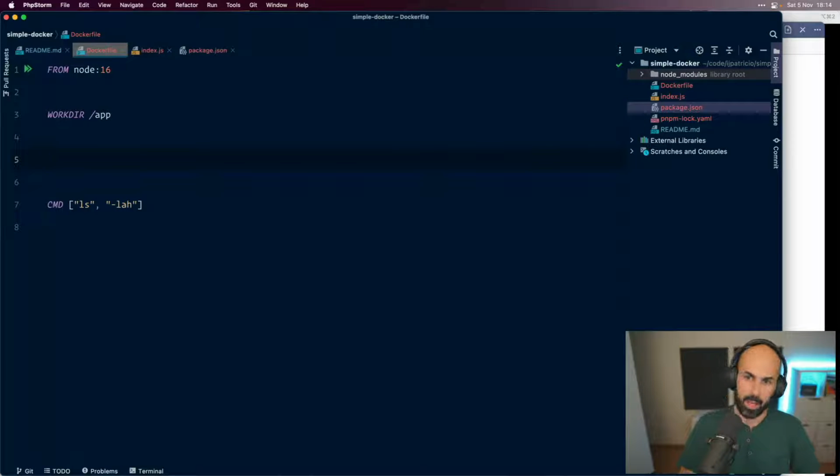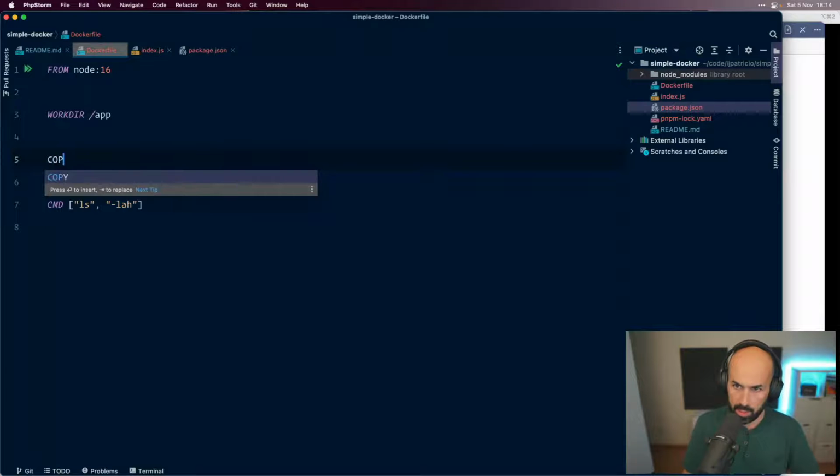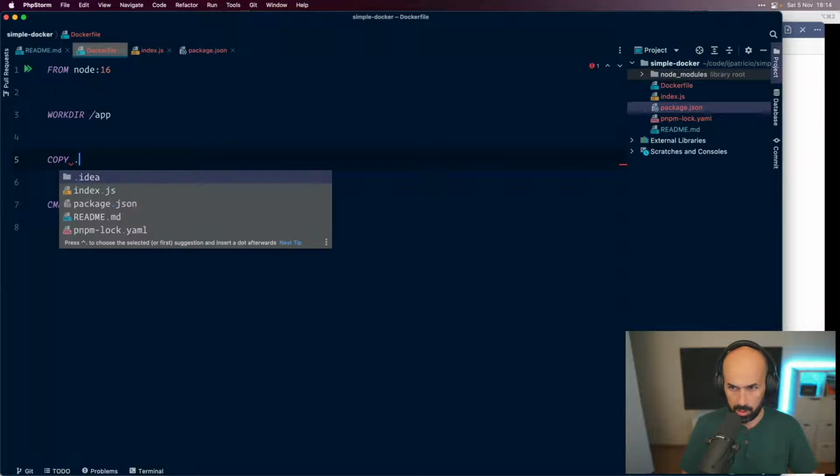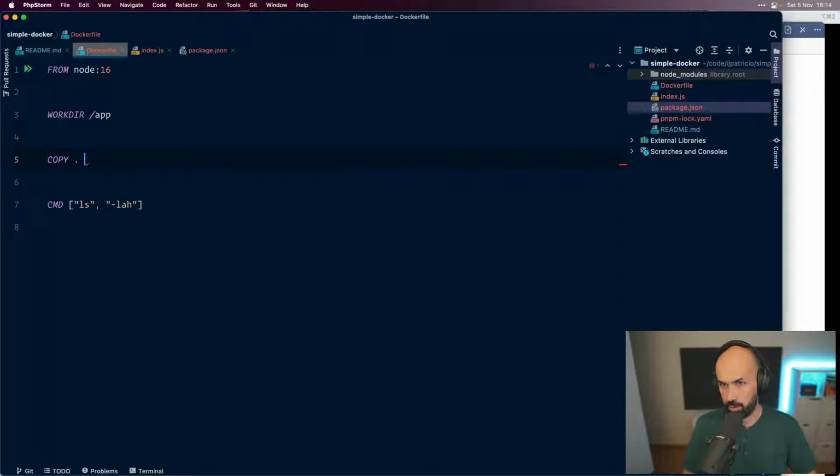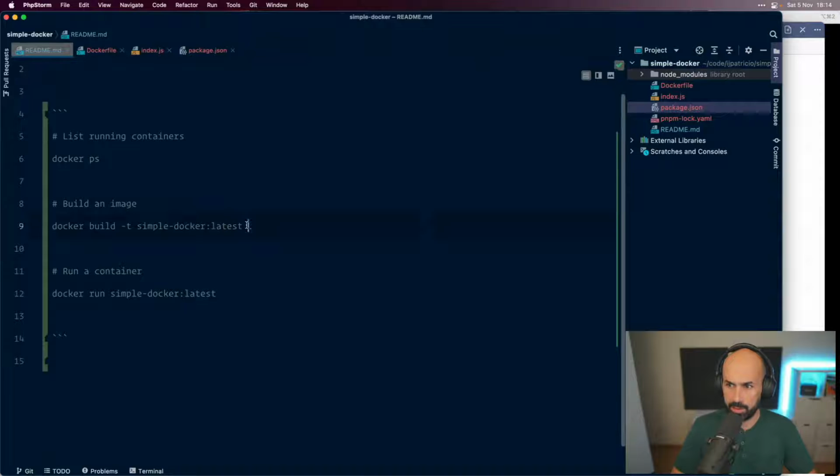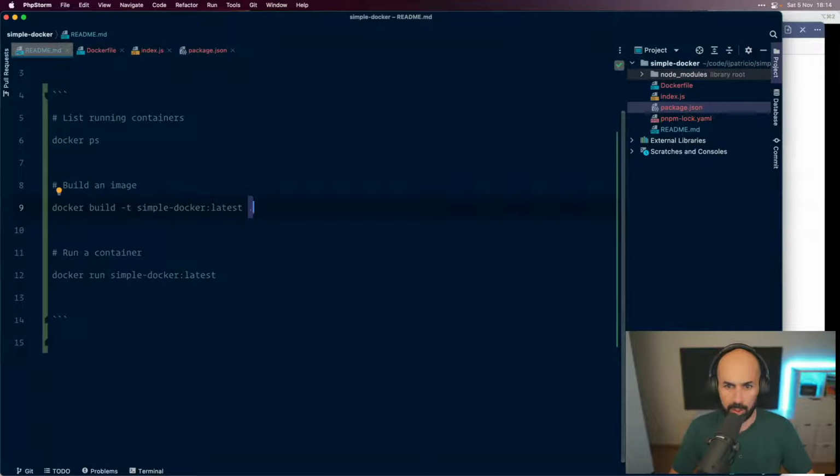Okay, and then I'm going to say copy root to the root or app directory, which is the same. So what's happening here is, you do remember this dot that we gave when we were building.